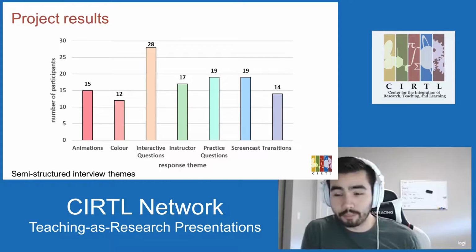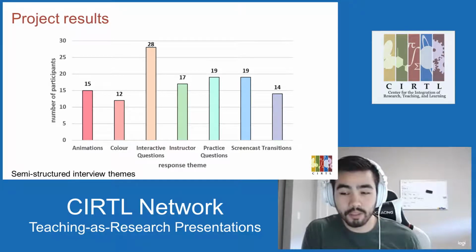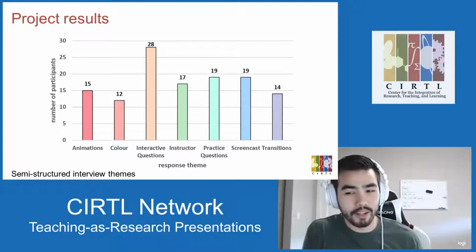Color, having the bright, vibrant colors apparently makes it more engaging. There were also a few things where students, and this is very interesting in chemistry, would say that colors relate to specific topics. Like if they saw the color red, they would think, oh, this is an acid or an electrophile. And they would make these random, not random, but interesting associations in their head. So I think that's something worth pursuing further.